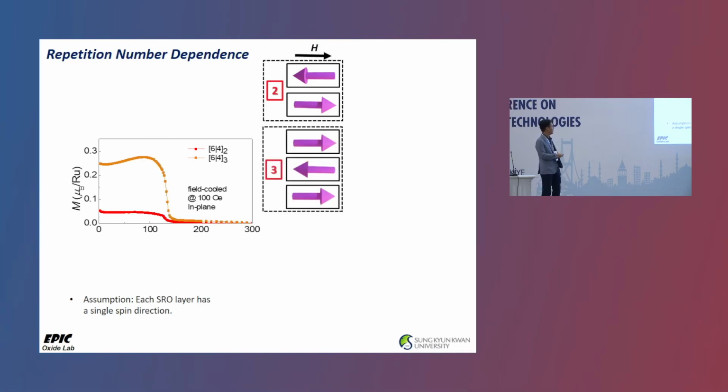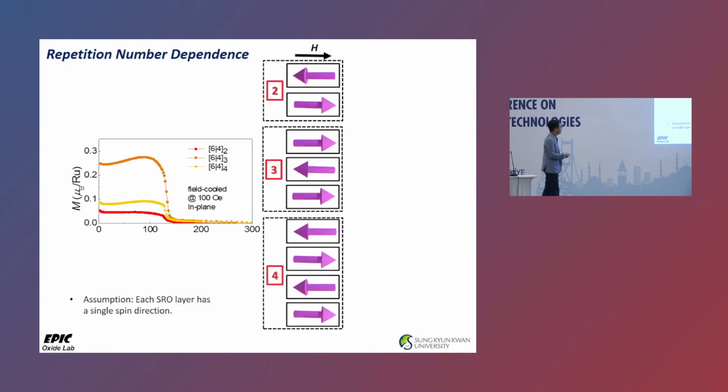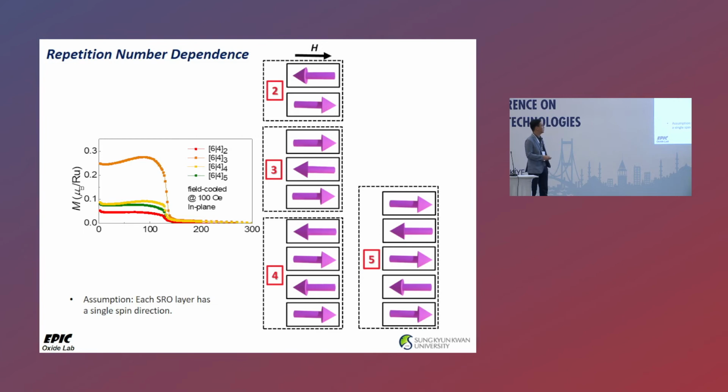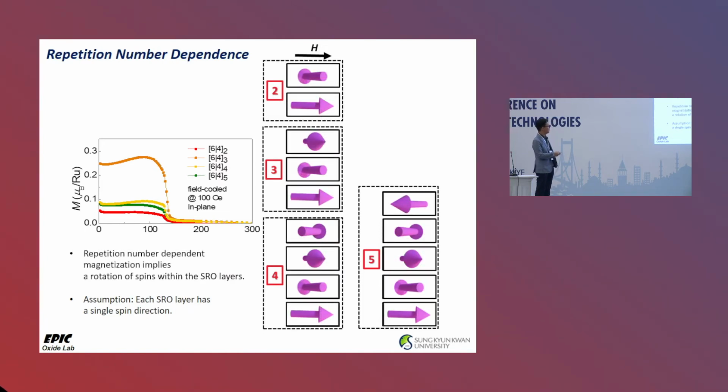On the other hand, if you have a third layer, one more layer, then you have a boost of this magnetization, and you can expect something like this. And with 4, you should again expect something dropping, but if you go for the fifth layer, it doesn't match anymore, so it should go up again, but it doesn't go up as much as you expected, so it doesn't work. But now, if you rotate this a little bit and make the vector sum of this magnetization, and then you can have something like this situation, then you can, to some extent, account for this type of magnetization. So that was our idea.